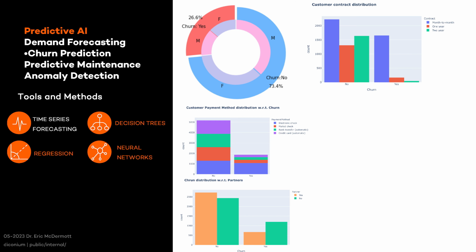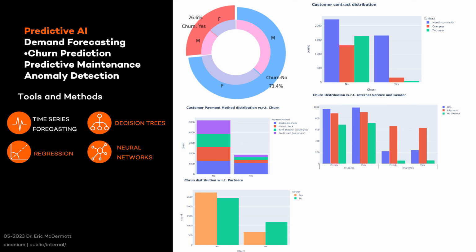If we look at customer contract distribution, we get another huge insight that those who churn most likely have a month-to-month contract. So that's really good insight too. That means if I could lock in my customers with a 1-year or 2-year contract, they're less likely to churn. We can look at the type of internet service. So here we see that fiber optics has a huge churn rate compared to DSL or no internet, just phone service. So also a great insight. And as the last thing, if you do not have tech support, you are also highly likely to churn.